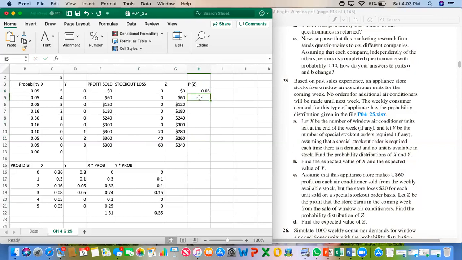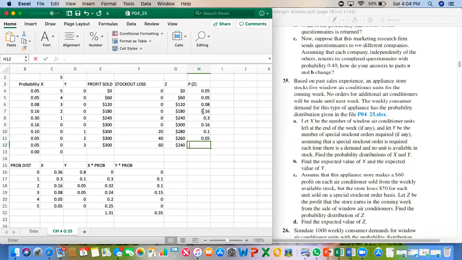Probability of $120 is the question, right? So then 0.08, and then on all the way down: 0.16, 0.30, 0.16, 0.10,